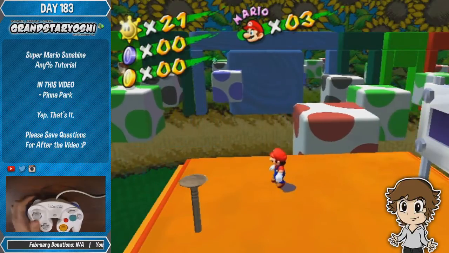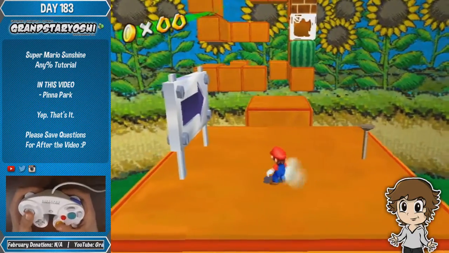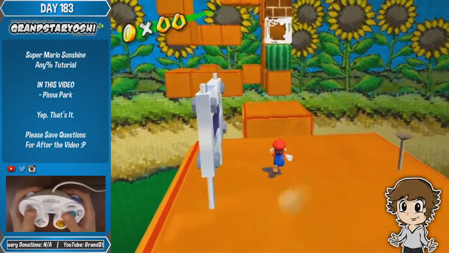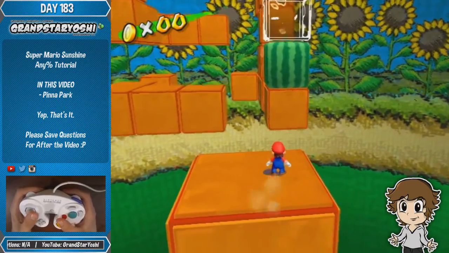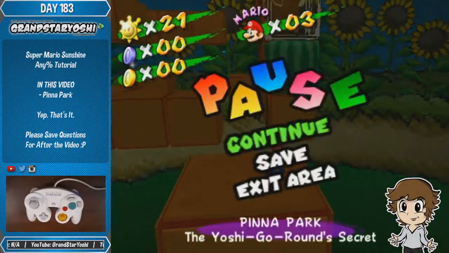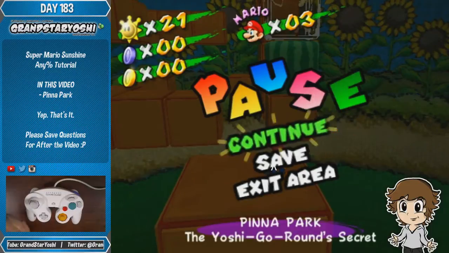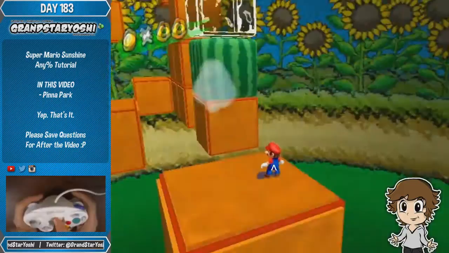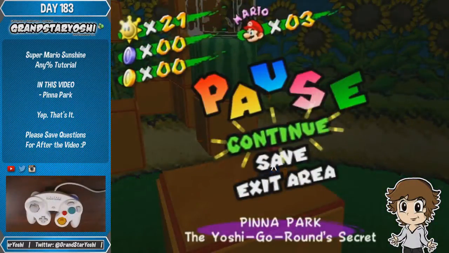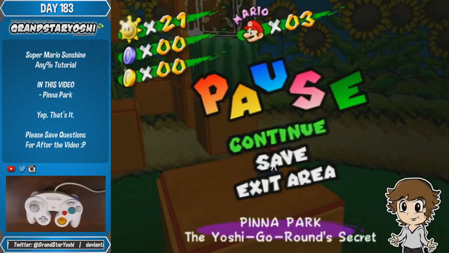So, going on from here, you are going to want to just jump. You can just jump on this, but I like to jump dive onto it. Just jump onto this, and it will start moving. Prepare a spin jump on this side of the block. It's very, very important that you are on this side of the block when you do this, or at least your camera angle isn't too far facing like that when you do this,